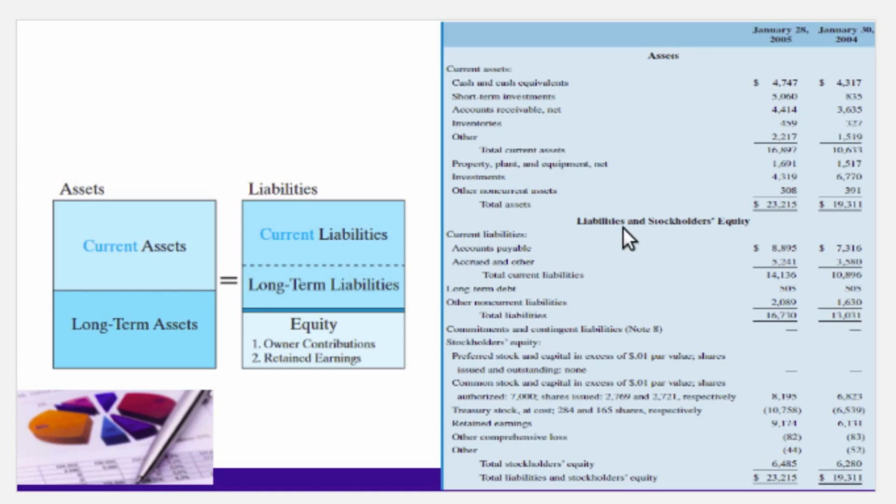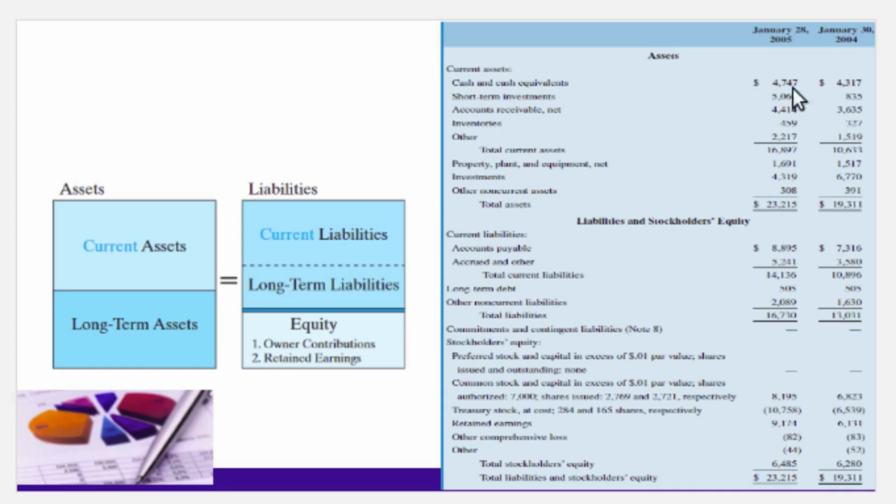Liabilities are arranged in order of payment. The most pressing are at the top of the list, the least pressing at the bottom of the sheet. Like current assets, current liabilities are also critical. They are separately broken out and totaled. They are what will be paid out during the next year.